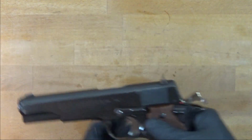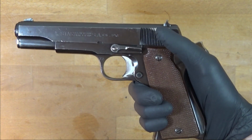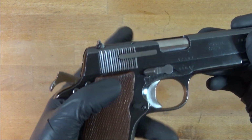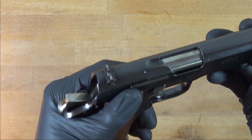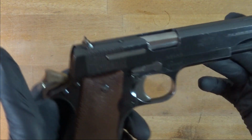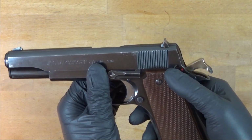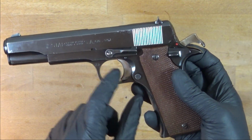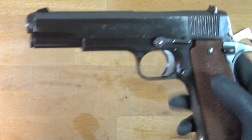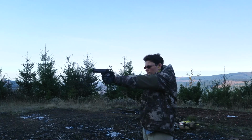The Model B Super has a single-action lockwork similar to a 1911 and a manual thumb safety as well. It has an external extractor, which is a feature found on some modern 1911s if you care for it. There's also a visible and tactile loaded chamber indicator on top of the slide, an odd feature for the 1970s, and a useful takedown lever on the right side of the frame. The Star omits the grip safety from the 1911, but adds an annoying magazine safety instead. The grip safety is what makes it a...